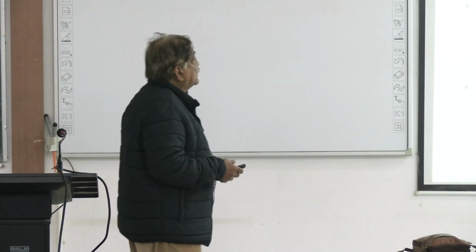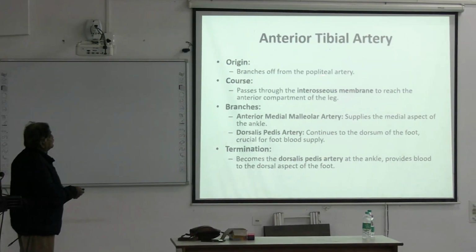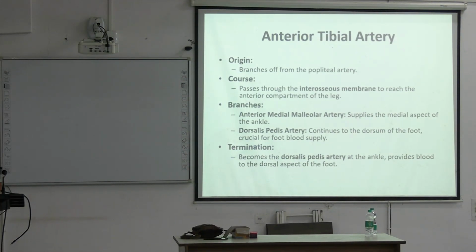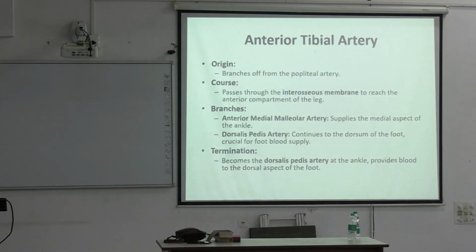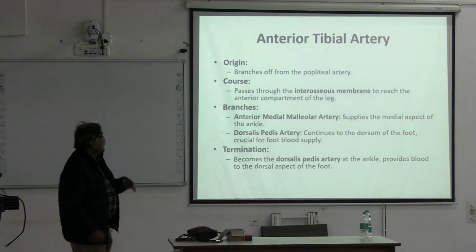Now the anterior tibial artery branches off from the popliteal artery. MCQ. Where does it originate? 1, 2, 3, 4. Okay. These small points, you have to make your own questions. Okay. Now,